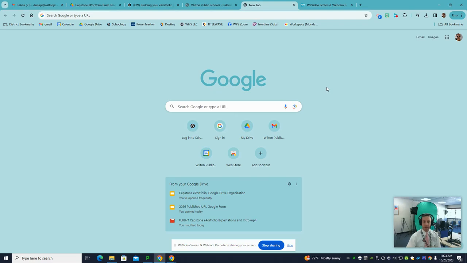So the first step in the design of your Capstone ePortfolio is going to be using Google Chrome. Remember, we want to use Google Chrome as our browser in order to help us construct this Google Capstone ePortfolio. So as you can see, I have a brand new tab, and I'm going to put my cursor up to